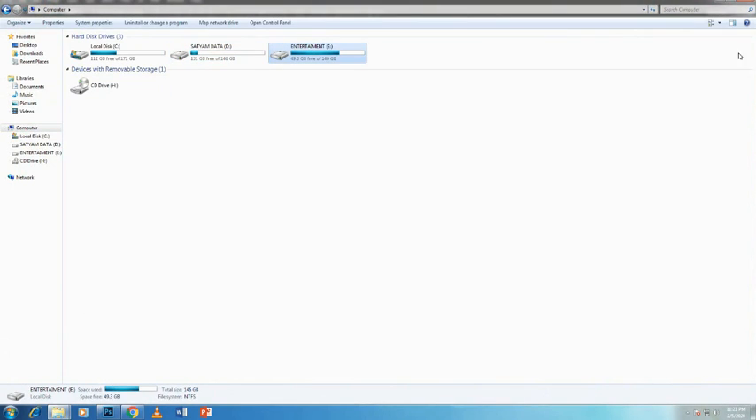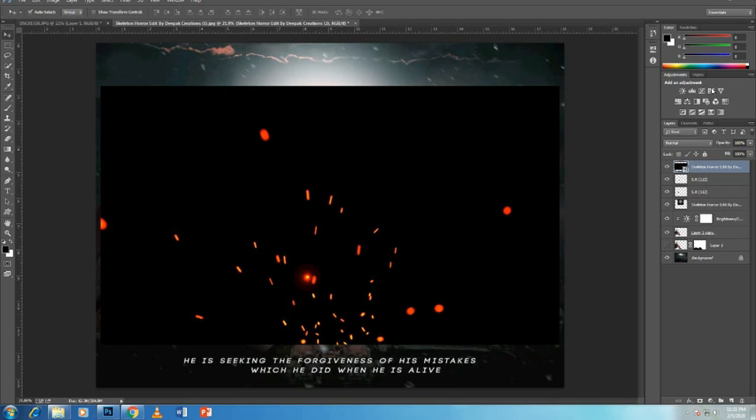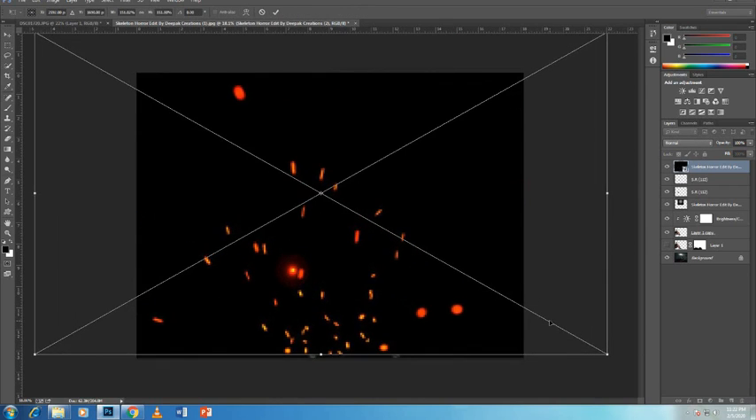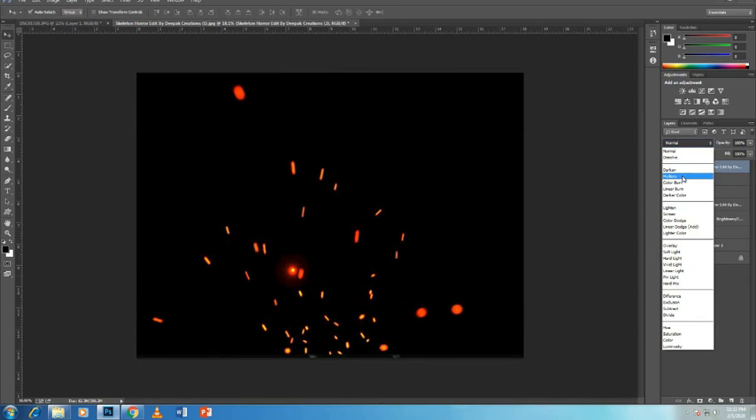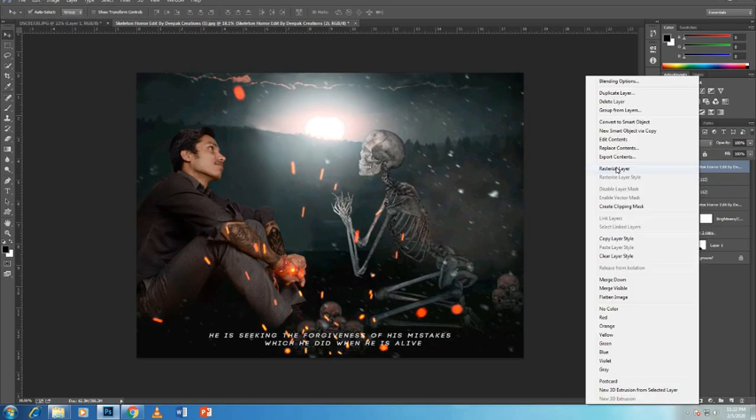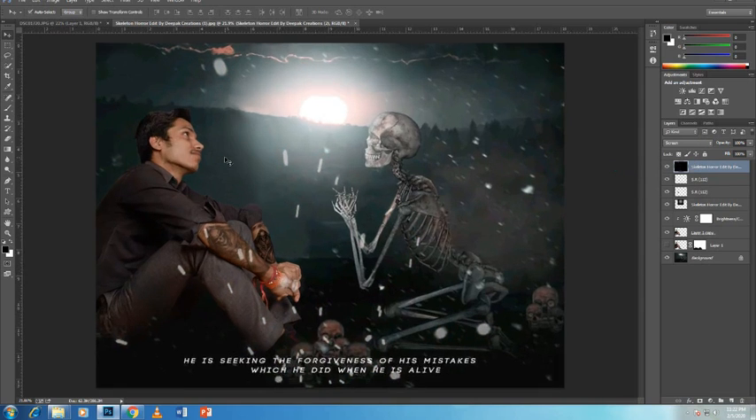Control T to transform, that's Command T on the Mac. Control 0, Command 0 on the Mac, and scale this one in as well. And I'm going to zoom in and rotate shape. I'm going to open up this group, double click on the snow layer under the frame, and just bring the intensity down to